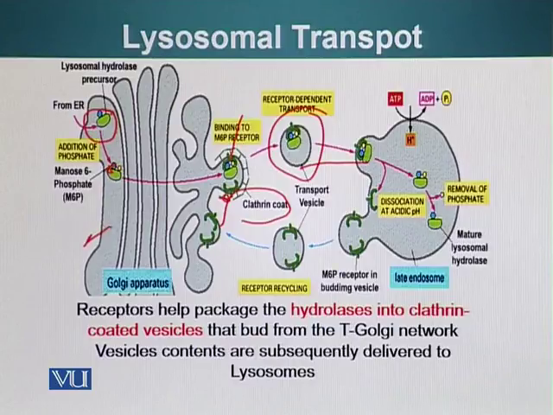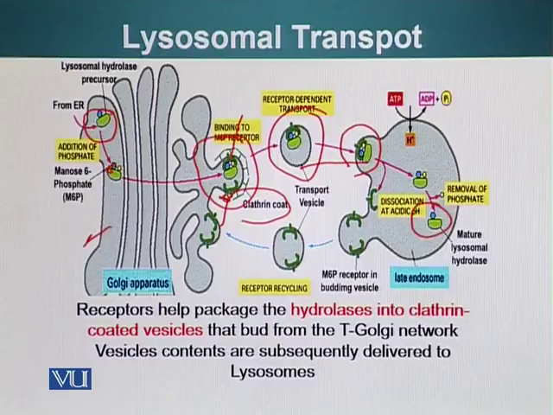So this binding happens at a higher pH, a less acidic environment, whereas the release of cargo by this receptor happens at a lower, more acidic pH. Now the protein has been released, and this receptor will be recycled, sent back to the Golgi apparatus where it can bind other cargo proteins and take them to the lysosome.